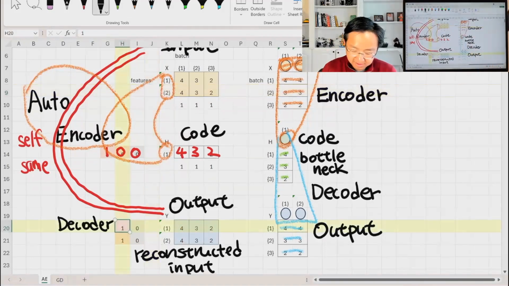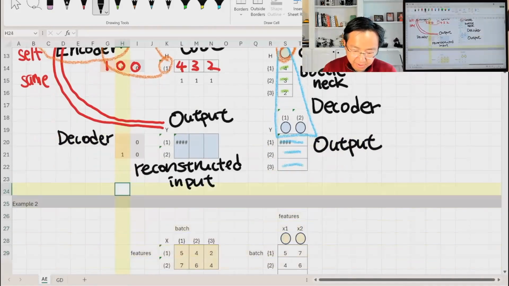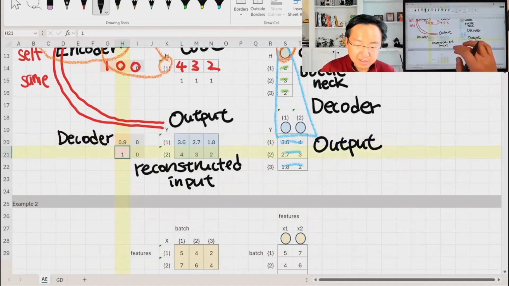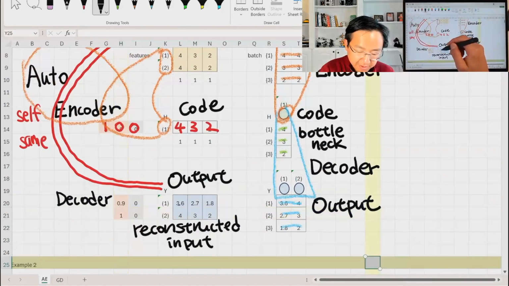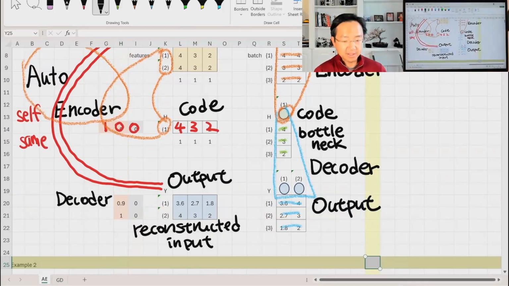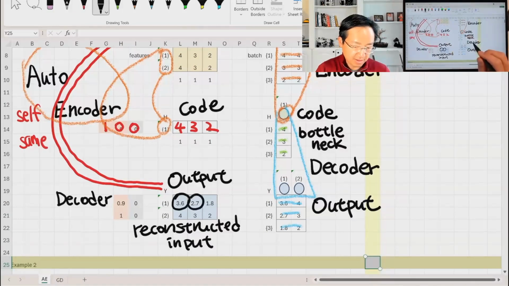But then in reality, before it learned it, maybe the weights are more like what happened here, 0.9. So say before they actually learned, you can see that 0.9 is not ideal, because instead of getting 4, 4, we get 3.6 and 4. It's about 0.4 away from the ideal value, which is 4 for this particular number. And for 2.7, it's about 0.3 away from 3. 3 is my target because I want to be able to reconstruct my input signal to be exactly the same